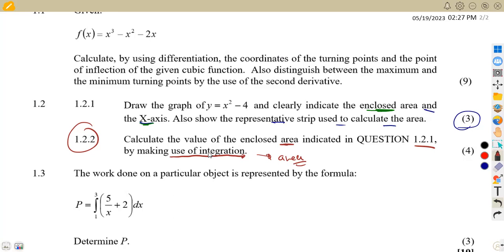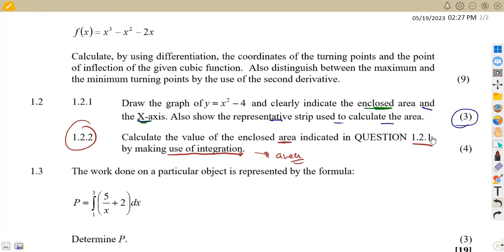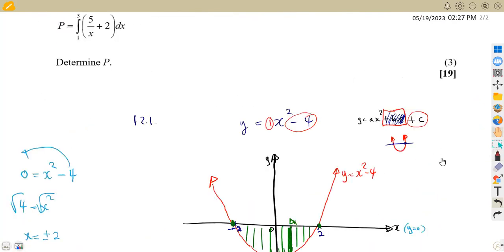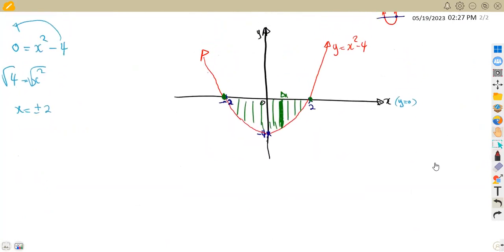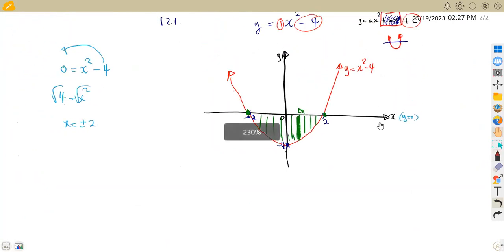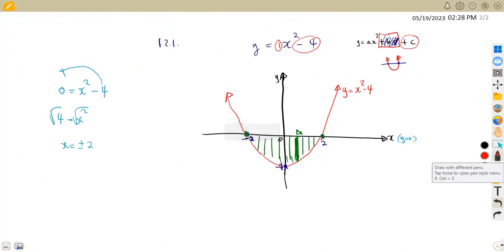You must know that for area, you use integration. So this is what we are going to have. Remember, we said area is for integration, but how do we apply our integration to determine the area? This follows that 1.22, it follows that the area that we are going to obtain with respect to x,